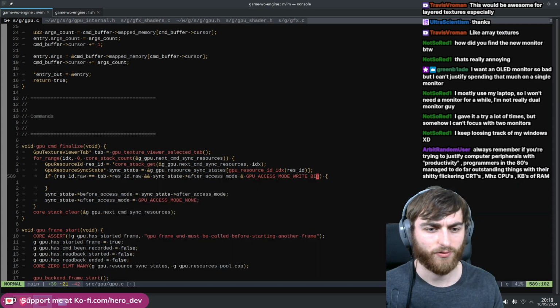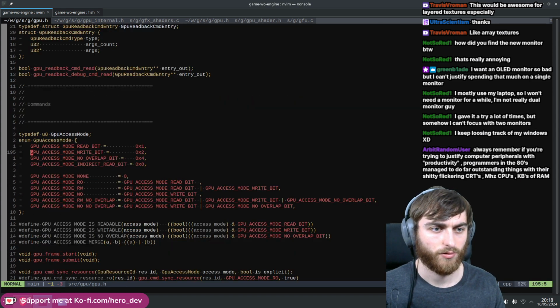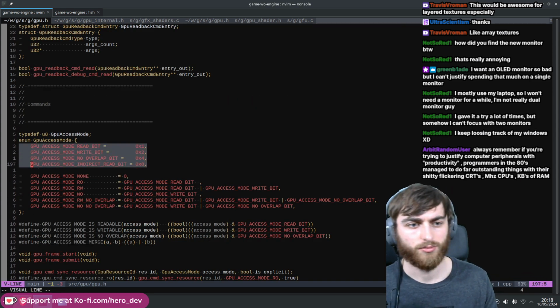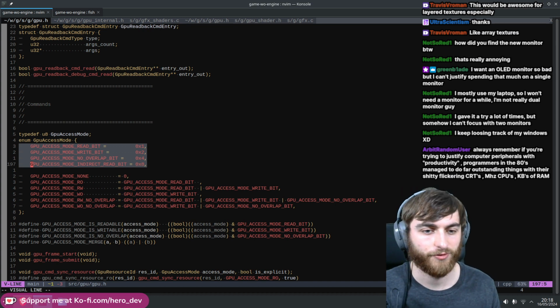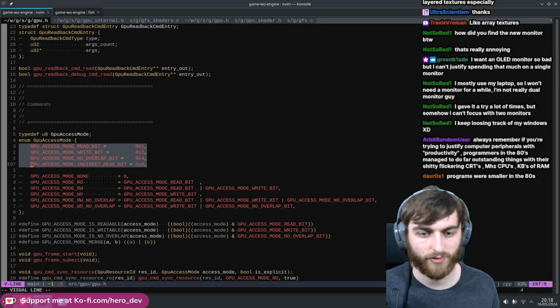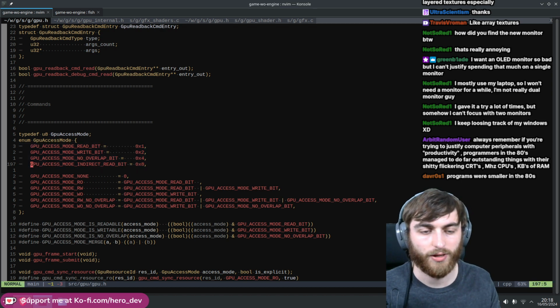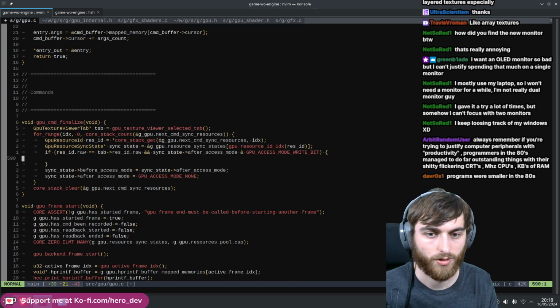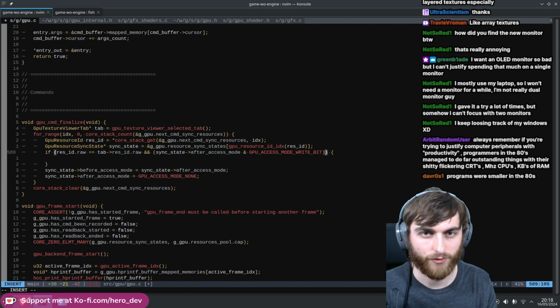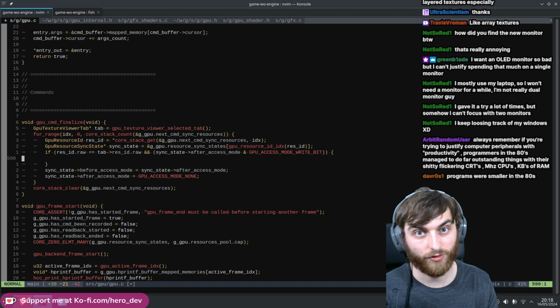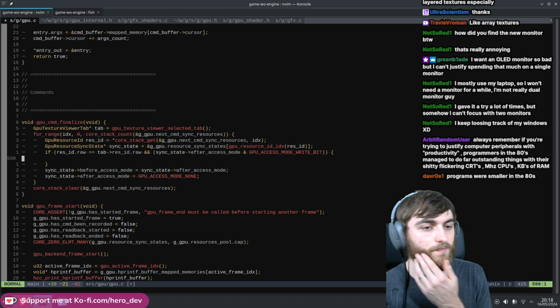The write bit has a write. So it's basically just a read-write and has some extra bells and whistles in there as well. This is all we need for synchronization code because we're just using compute, so I don't need all the extra bells and whistles. So it's heavily simplified, which is nice. So we say it's been written to. We want to jot down